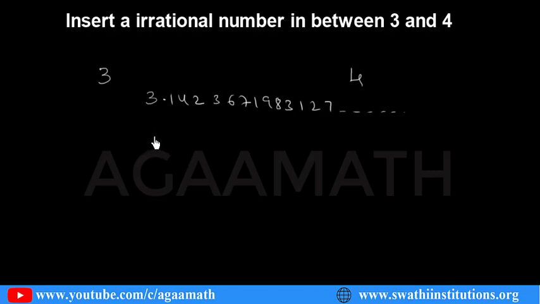If you would like to give a few more, you can give many, with 3 as the whole number and the decimal part maybe 2, 5, 6, 7, 1, 2, 3, 1, 9, 8, 6, 3, 1, 7 and so on, non-terminating and non-repeating. Here he asked only for an irrational number, meaning we need one irrational number. In this way we can give multiple answers. Now let us see how to do it if any other rational numbers are given. Let us see in the next example.